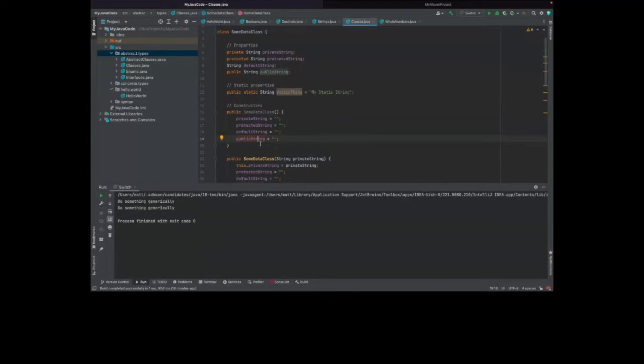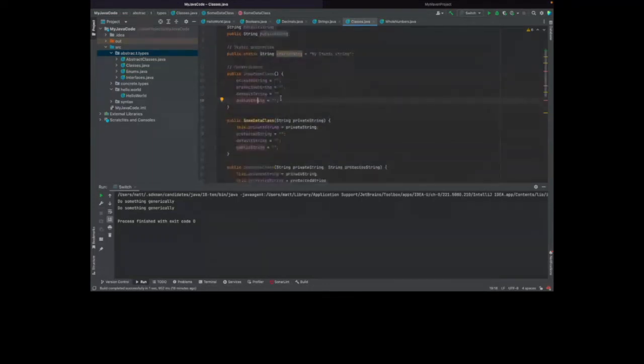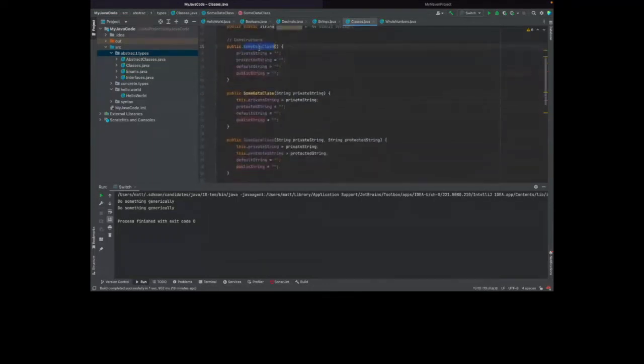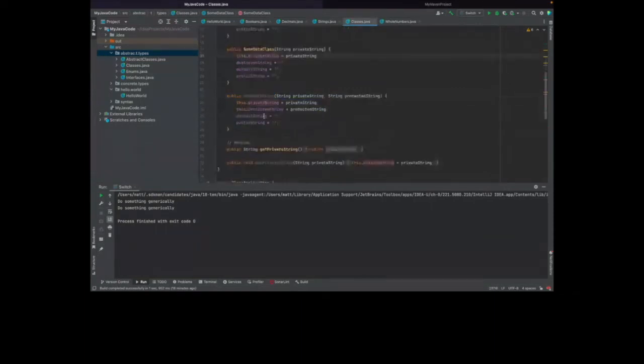In Java, you can have multiple constructors per class. So here we have 3. We have a very basic constructor that doesn't take any arguments and just sets all of the strings to empty strings. We have a constructor with a single argument where you can set the private string, and a constructor with 2 arguments where we set the private and the protected string and set everything else as empty strings.